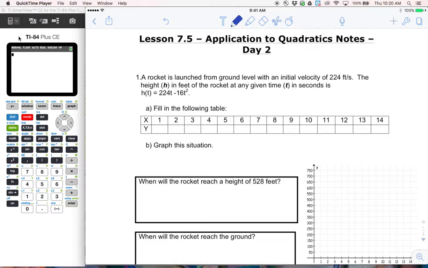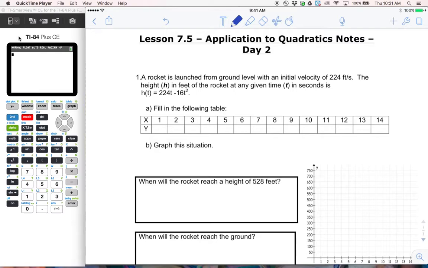Lesson 7.5, Application to Quadratics, and we're continuing our discussion of what we did yesterday, where we look at real-life situations and talk about how the quadratic formula and these different pieces and parts of it can help us interpret what's really going on. So the first problem here, and really this is the only problem we're working with on the notes today,